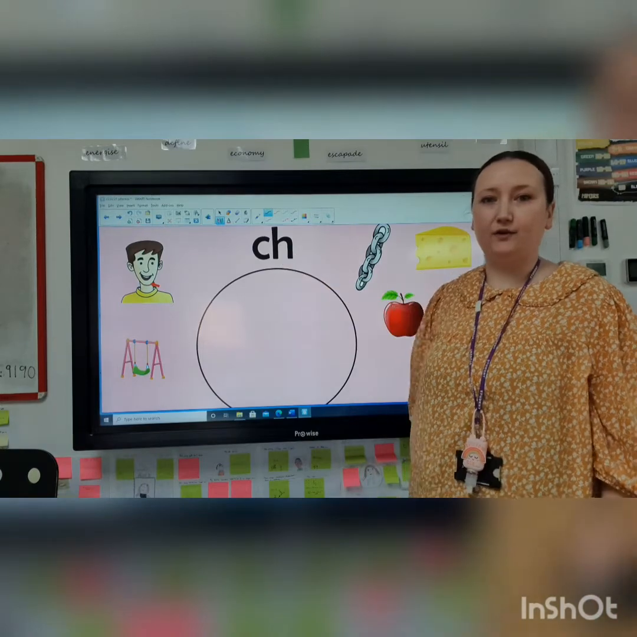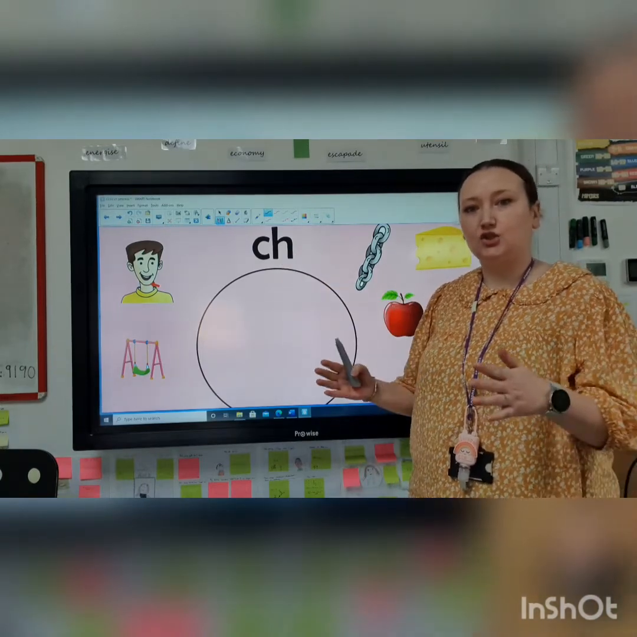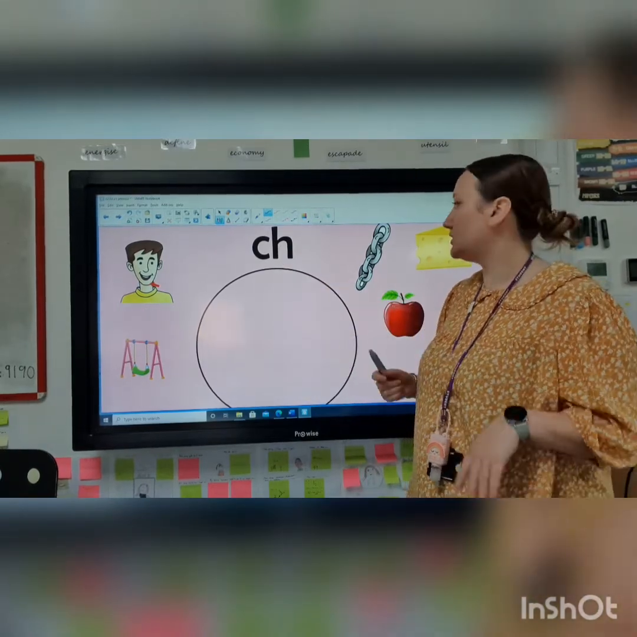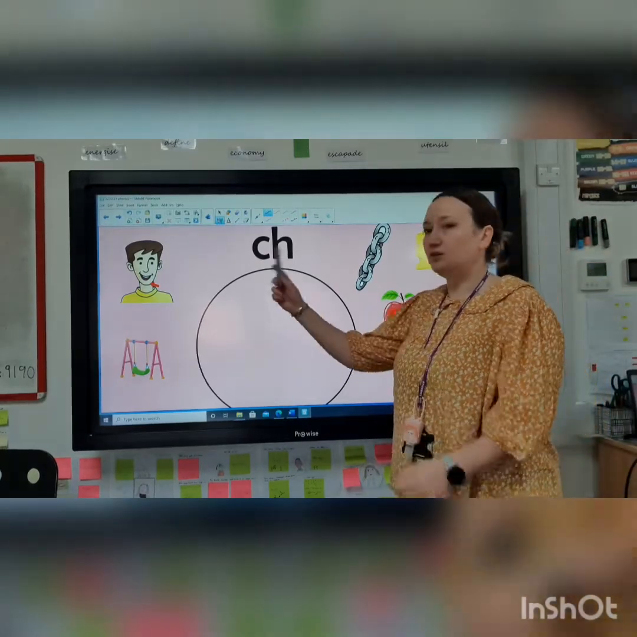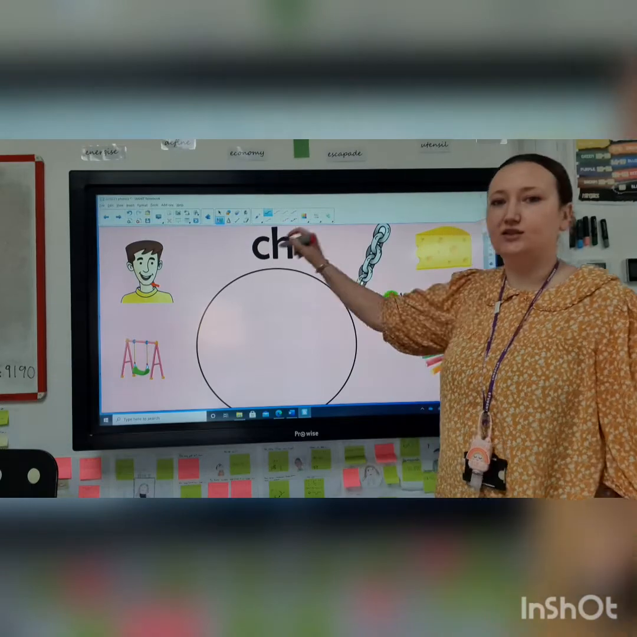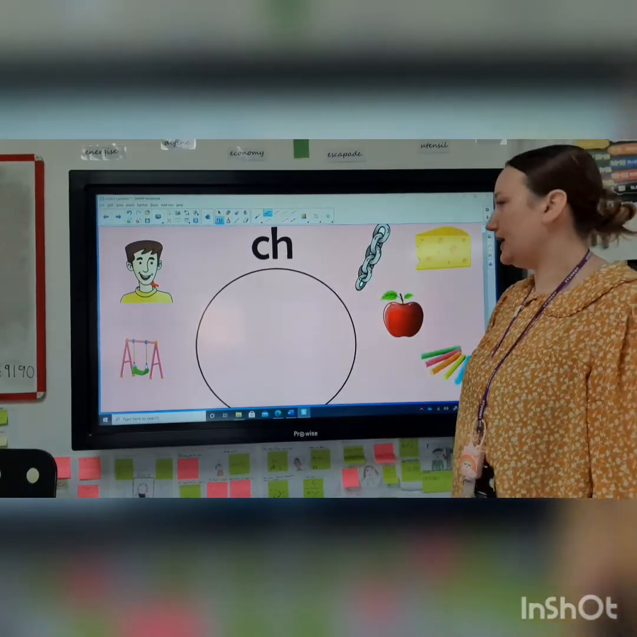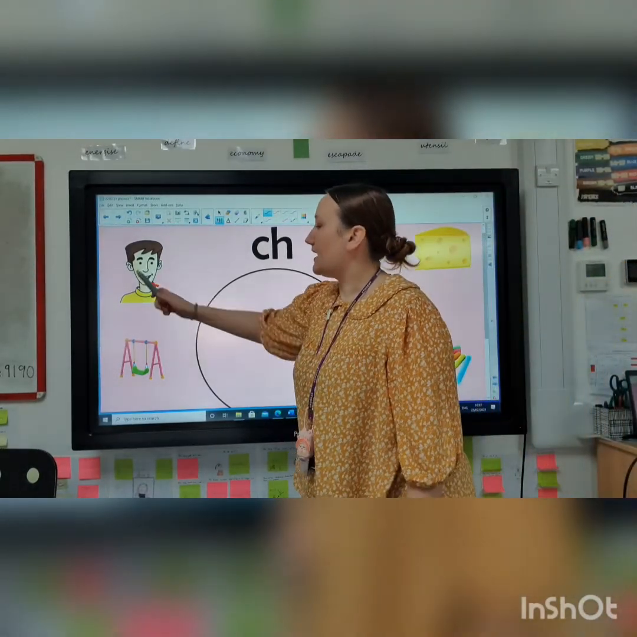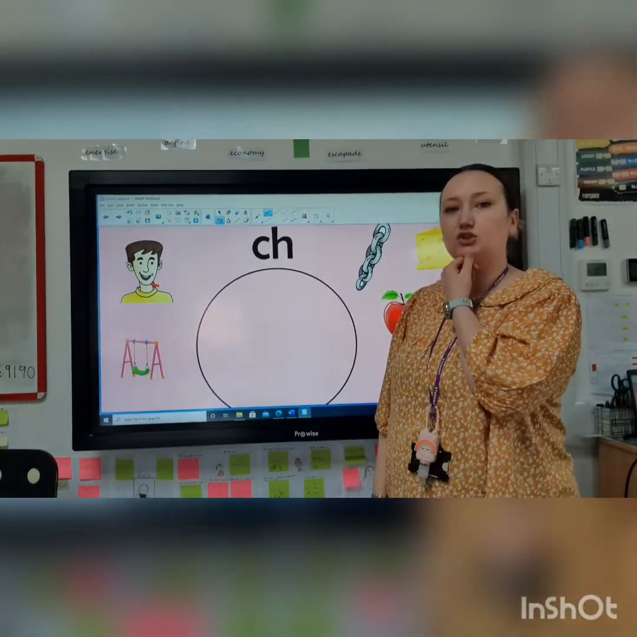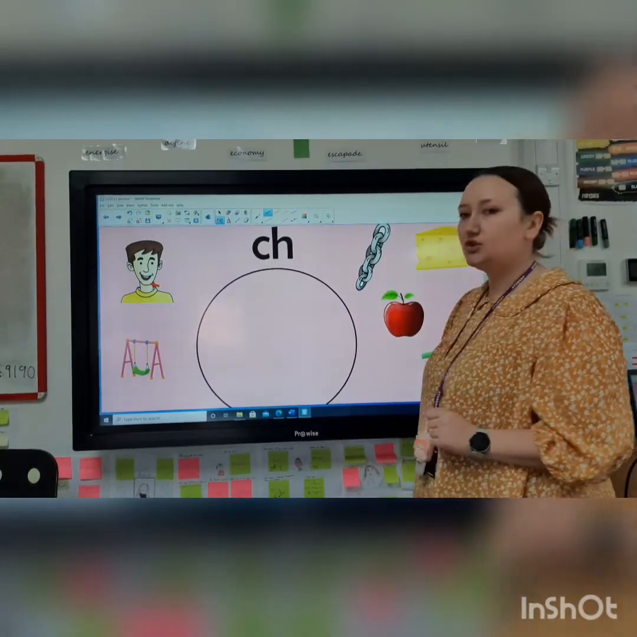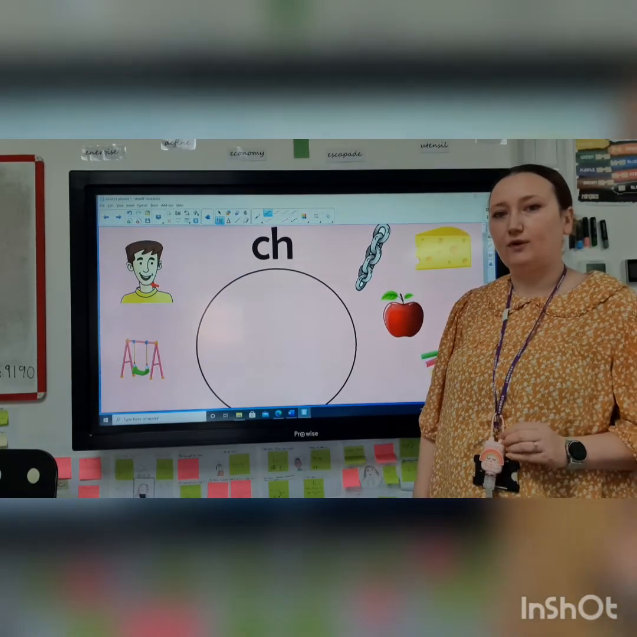So what is this phoneme here? It's ch, isn't it? Ch, ch, ch. Like we're chugging along on a track. So we're going to look, see what we've got here and see if they fit into this ch circle. Okay, so what is this arrow pointing to on the man's face? His chin. Does chin have the phoneme ch